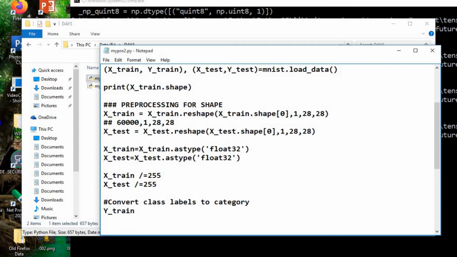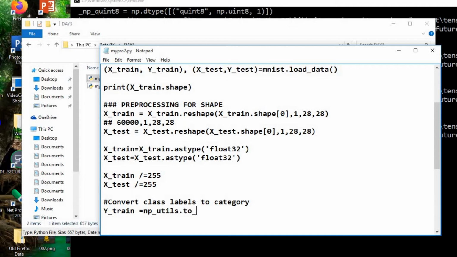That can be one of the configurations for experimenting with such a self-configured neural network. Now convert class labels to categories. There can be 10 categories in this data set, so let us consider 10 categories only. y_train is the label loaded from the MNIST dataset.